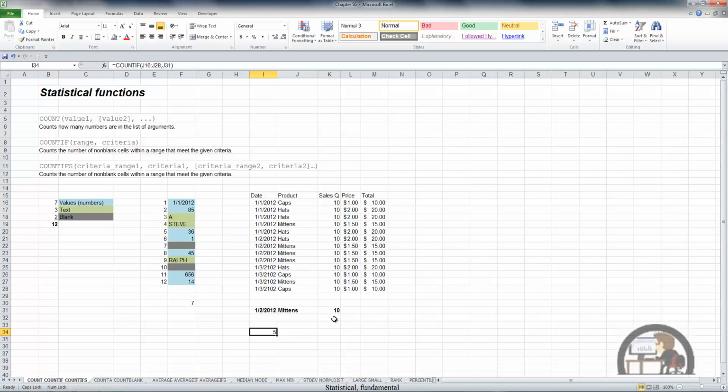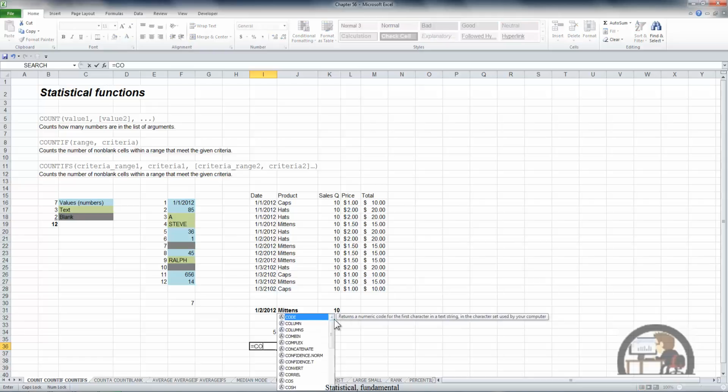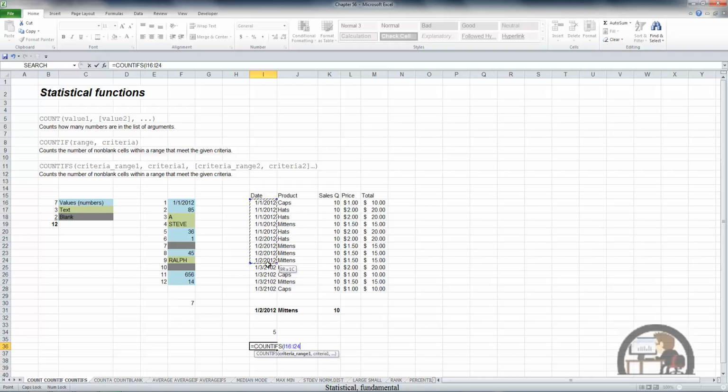And if you need to build a function that has more than one criteria that's referenced, you can use the COUNTIFS function. The COUNTIFS function has you select a criteria range and then define a criteria for that range. I'm going to select the dates, comma, and I want everything that's on the 2nd of January, comma, and optionally you can select a second criteria